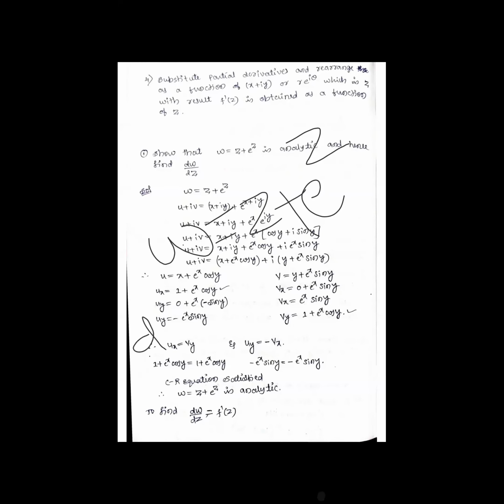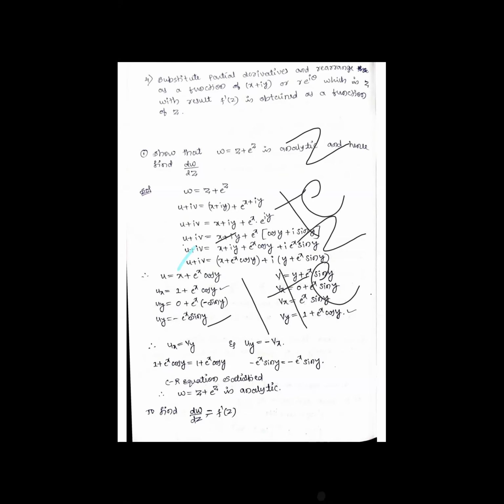Okay. So the first question, you can see, type 1. Type 1 questions are where we have to show the function is analytic and show the derivative exists. So here you can see, everyone, w is equal to z plus e raised to z. So we want dw by dz, because everyone knows differentiation. So differentiate this with respect to z. Derivative of z with respect to z is 1 plus derivative of e raised to z is e raised to z. So actually you should get 1 plus e raised to z. Derivative is 1 plus e raised to z.